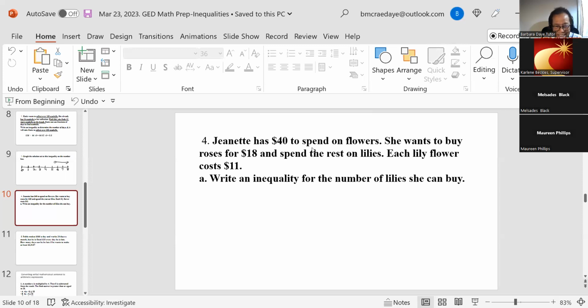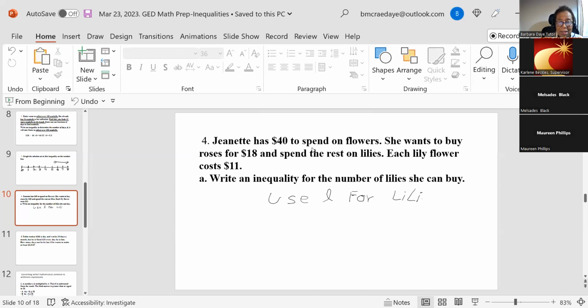What did I do? I subtracted the 18 from the 40, right? Okay, use L for lilies. Now tell me the inequality. You're right, Maureen. Subtract 18 from the 40, and that gives you how much money she has to spend on lilies. How much is that, Maureen? $22. Okay. Now, if each lily costs $11,